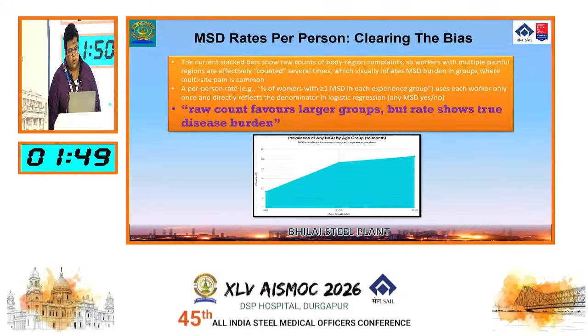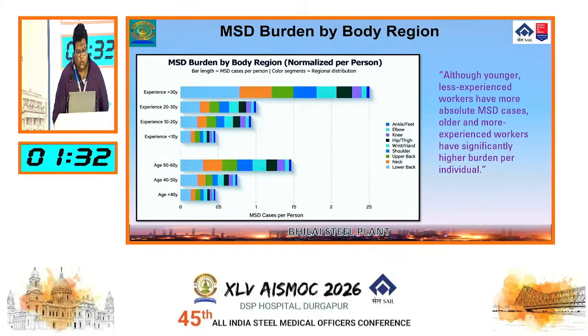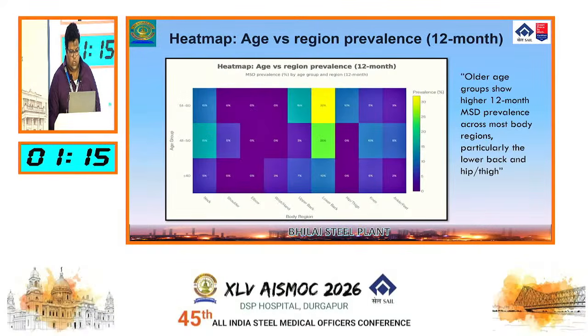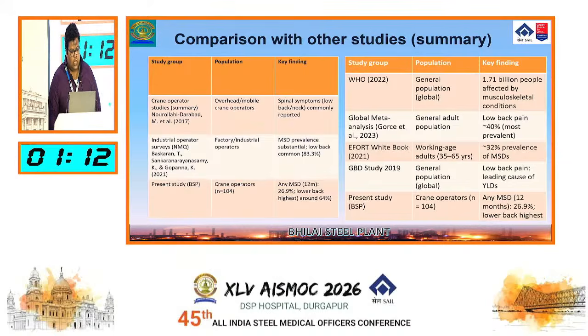This difference between raw count and MSD per person is important because it helps us to declutter the inflated body region, multi-site complaints, and helps us to show the true prevalence, the true disease burden. By this, we found that although younger and less experienced workers had a greater number of complaints, older and more experienced workers had a significantly higher burden per individual, which showed cumulative occupational exposure, with lower back being the most prevalent region. Our study is in line with international studies available among the global population